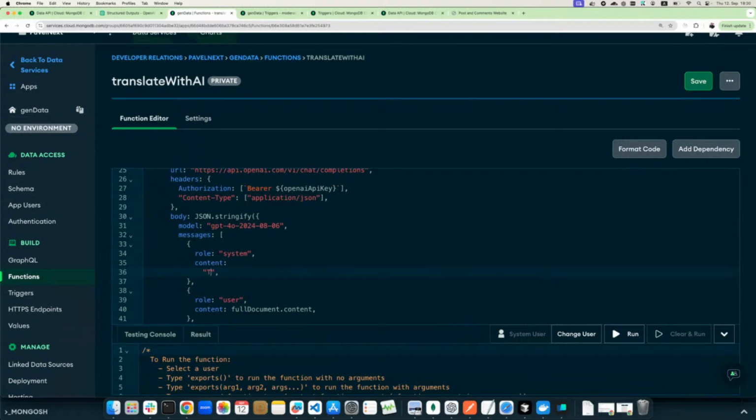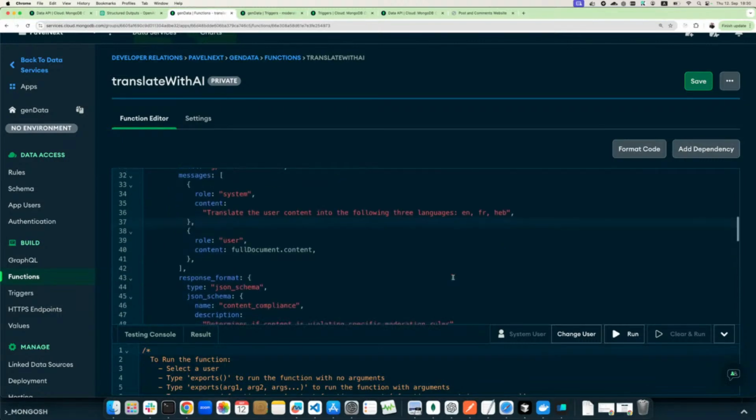Our system message should be like, translate the user content into the following three languages. Okay, we have English, French, and Hebrew. So those are the three languages. We have the full document content,